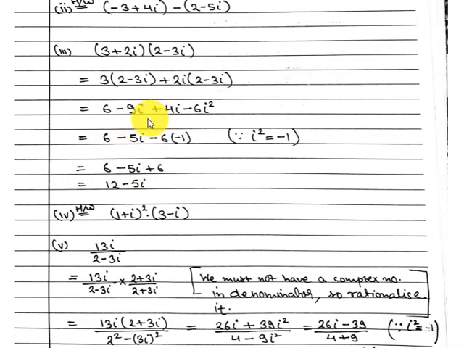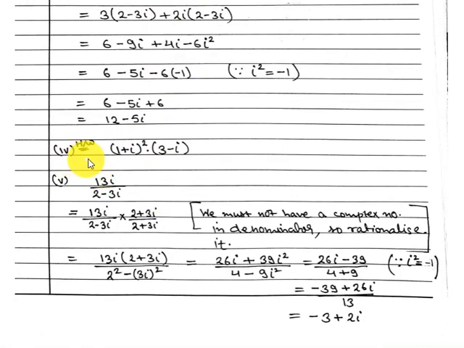In the next step, 6 minus 9i plus 4i. This has i, this has i, so these two are simplified and you get minus 5i. And here minus 6, and this i square is nothing but minus 1, so in place of i square put minus 1. Simplify it, so this will become plus 6. In the next step, 6 plus 6 is 12 minus 5i, so you got it in the form of A plus iB. Next is homework for you.